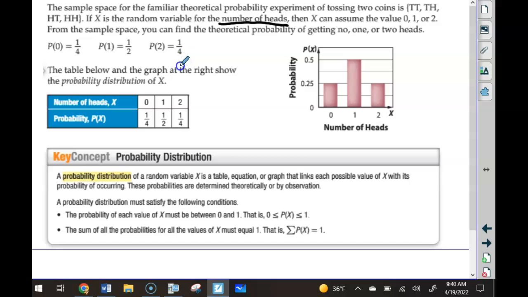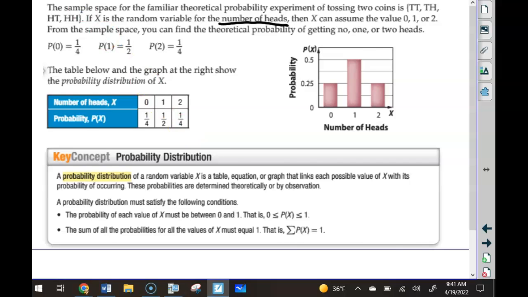And then they made what's called a probability distribution by listing those, and the probabilities always have to add up to 1, okay? A probability distribution of a random variable is a table, equation, or graph that links each possible value of X with its probability of occurring. These probabilities are determined theoretically or by observation. Each probability singularly must be between 0 and 1, and the sum of them all